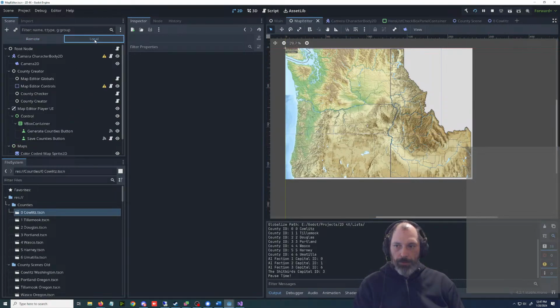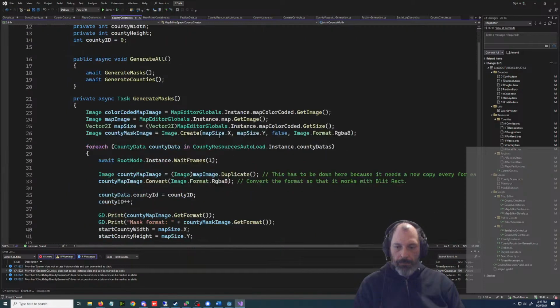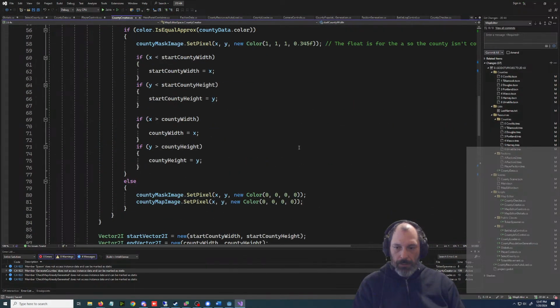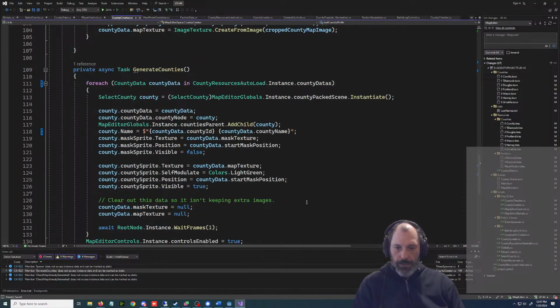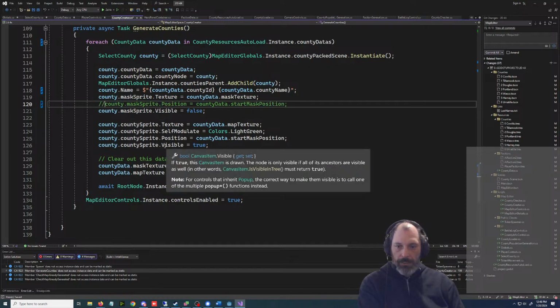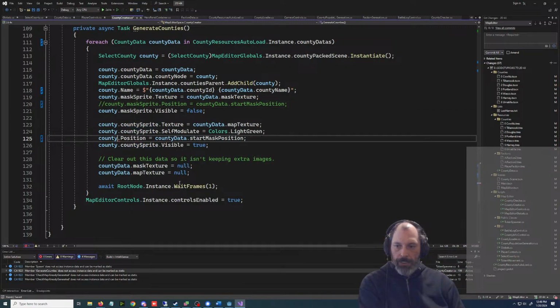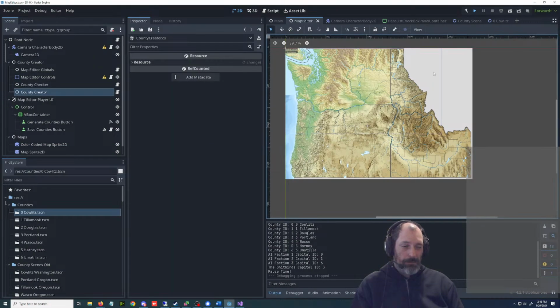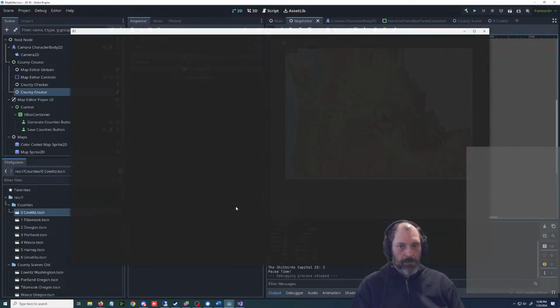So this is a problem with the map editor, I'm pretty sure, is how we're generating the counties. I think they're being assigned to the wrong thing. I think what's happening down here is it goes through all this and then it sets its position, the county sprite's position, but that's actually not what we want. And it's setting the county mass position. So this is going to mess a bunch of stuff up, unless it works perfectly, but we would want just the county's position to be here. So I'm going to just comment this out because we'll have one less line if it works. And then we'll just cross our fingers here. And we've got to recreate our counties though. Luckily with that part,